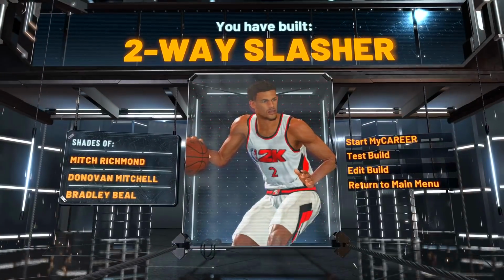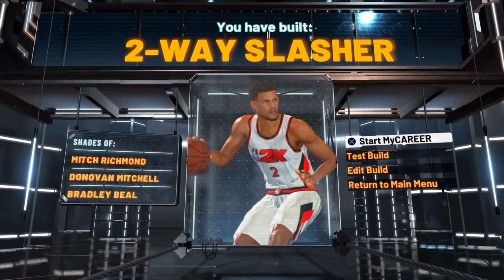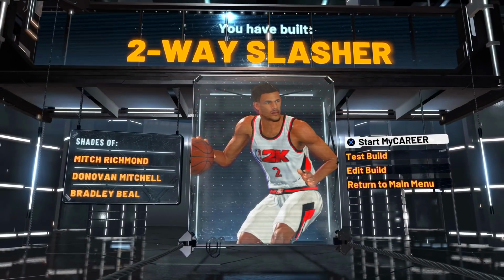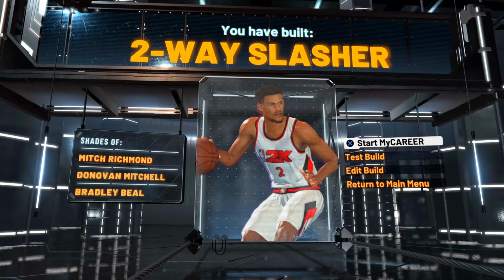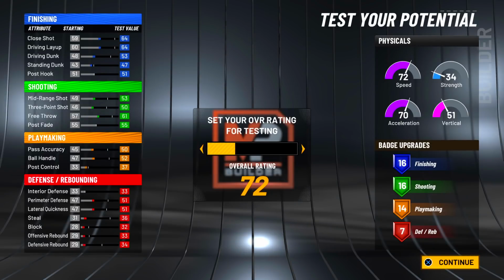But as we get the name, two-way slasher, it gets shades of Mitch Richmond, Donovan Mitchell, Bradley Beal. That's not a bad combination, you know what I'm saying? It's not that bad. But as for the badges, if somebody's gonna ask me how would I set this up,